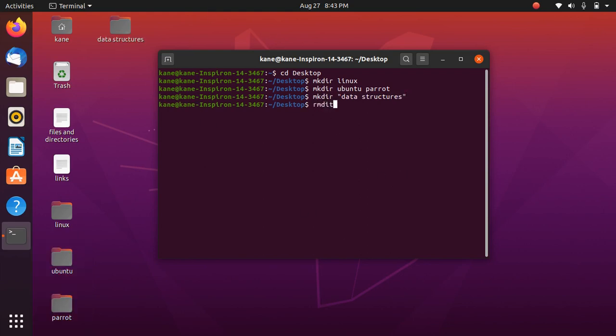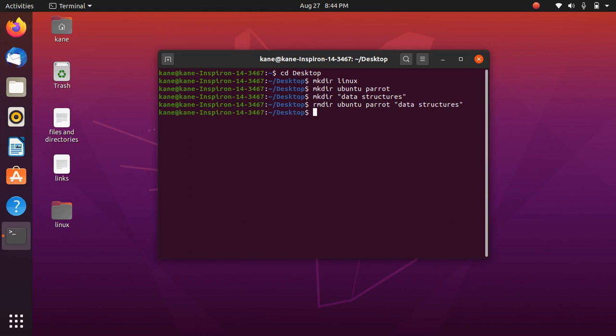The mkdir command is over. If the folder is empty, then we can use the rmdir command to remove the folders. As you can see here, the folders have been removed.